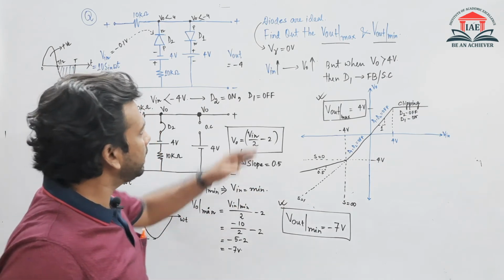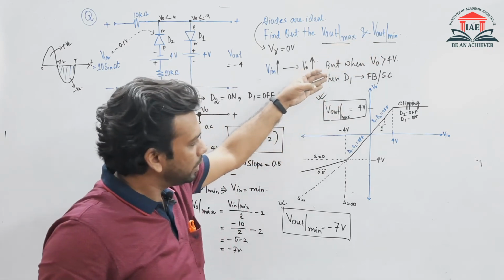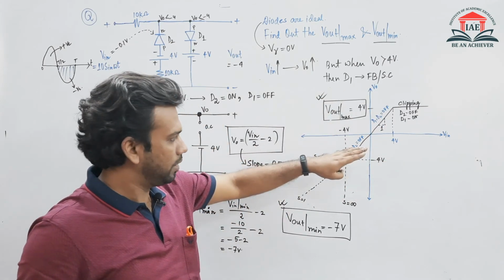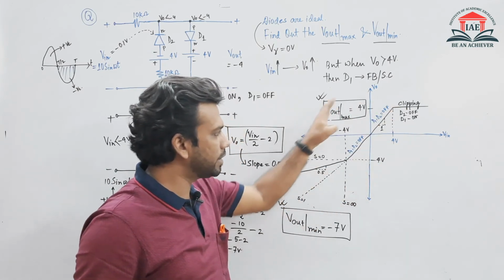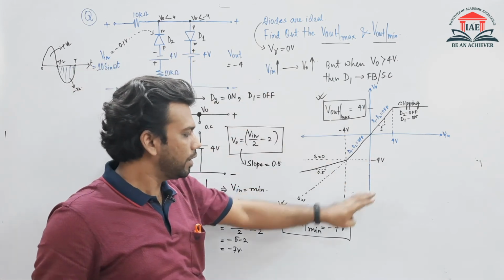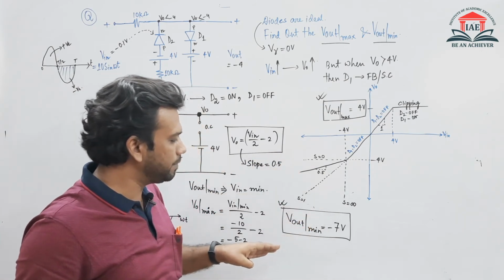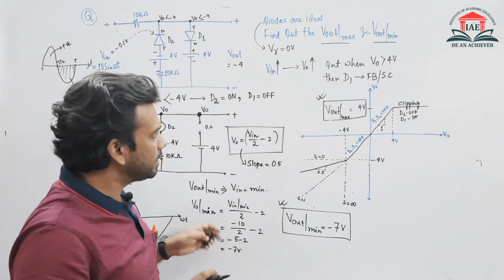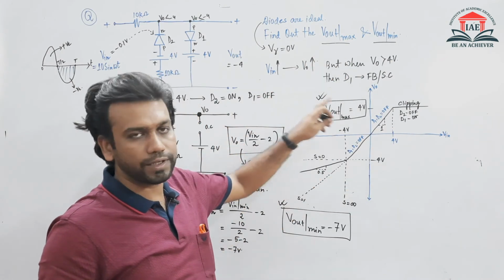Now you saw that in this one, I was asked for V output maximum and V output minimum, yet we still drew this diagram, because this diagram could also be asked. So in the examination they can also ask you the value or the transfer characteristics of this circuit. That's why we have drawn that. So this is one method of calculating the output voltage minimum value and maximum value, using the transfer function.